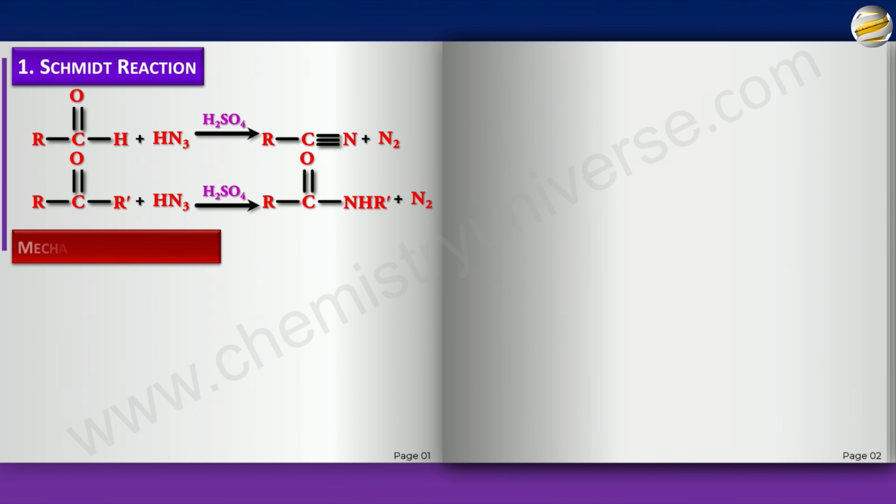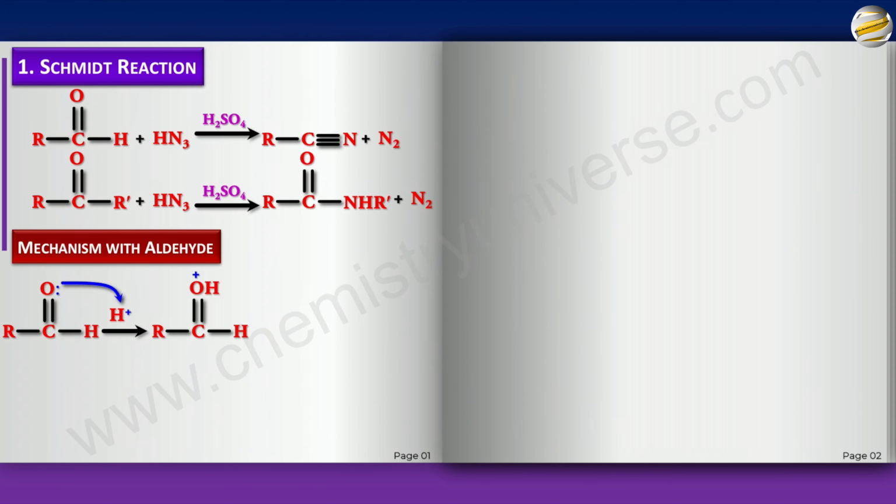So, the mechanism with aldehyde. Obviously, when you have an aldehyde with H+, what do you think will happen? Guess, and if you have guessed it, write the product now. Pause the video, write the product. Pretty obvious. The lone pair takes the H+ and you get this. What do you think will happen next? Obviously, we'll draw the resonating structure of this. So this goes here and you get an electrophilic carbon.